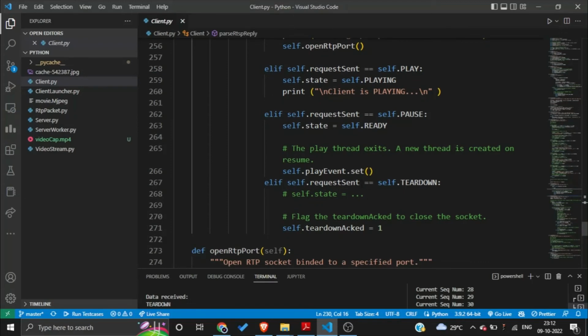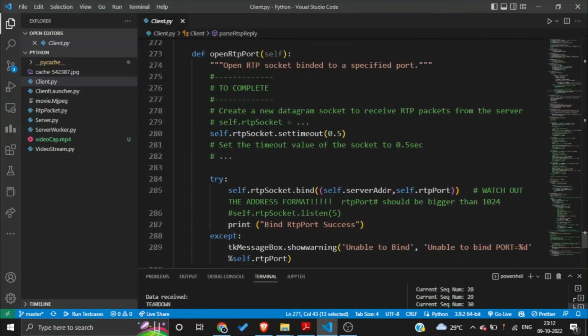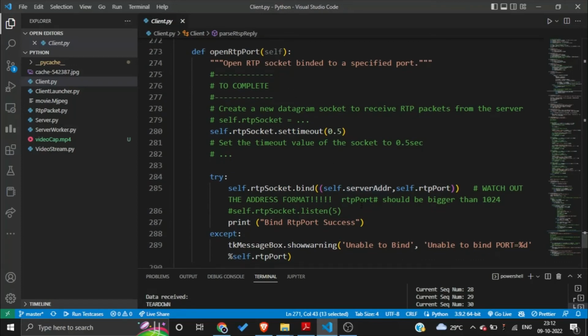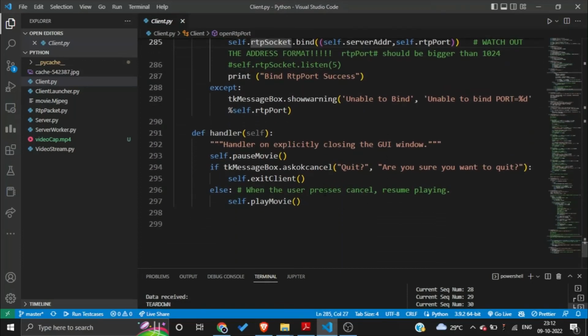And if we send the tear down request, the tear down acknowledgement bit is set to one, okay. And by opening the RTP port, we also want to bind the server address and the port number. So that will be done here. And handler, okay. If we abruptly close the GUI, then this will ask whether you want to close the GUI or not. If we click yes, then this will exit our client, and if not, then this will resume our client and do the play movie, right? So this is all about that